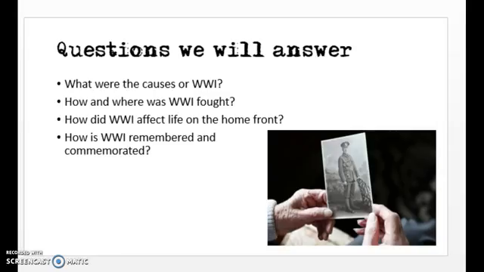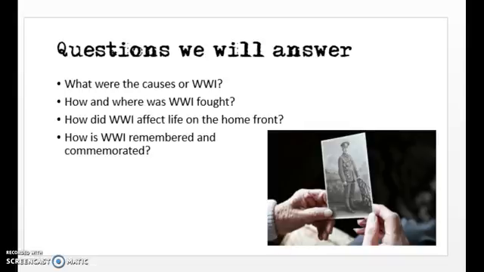Here are some questions that we are going to answer in this unit. These are some questions we are going to consider. First of all, what are the causes of World War One? There's a few of them we're going to go over. You might know a couple already, such as the assassination of Franz Ferdinand. But there are some other really big issues and causes that make this environment perfect for